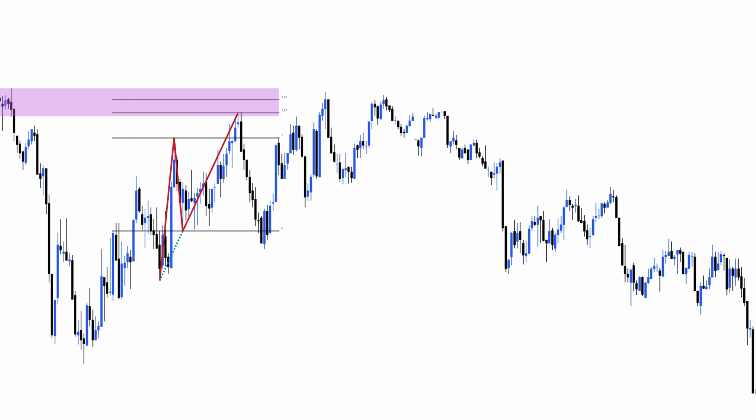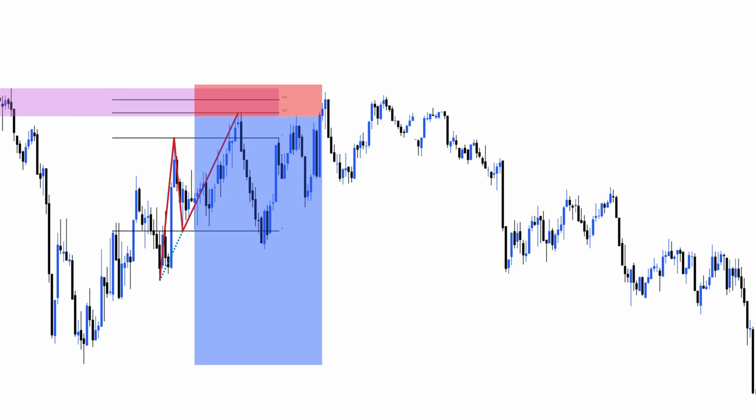Sticking strictly to the ABCD pattern, I can set my stop loss at the 1.41 level and take profit sequentially at the C and A levels. Alternatively, I could incorporate a second strategy by entering the trade from the supply zone. I would set my stop loss slightly above the supply zone and target the lowest point the price has reached as my take profit level. By analyzing price action through the ABCD pattern, I effectively create a new strategy for myself. Moreover, incorporating price action into my setup helps me make my trades more secure.